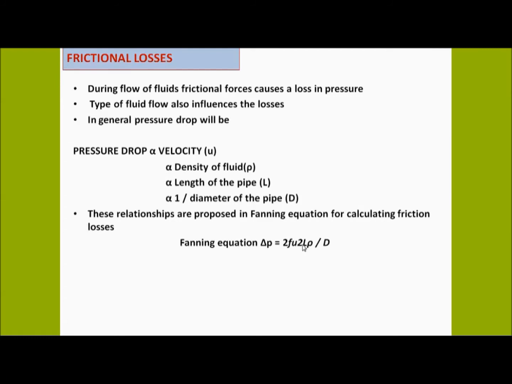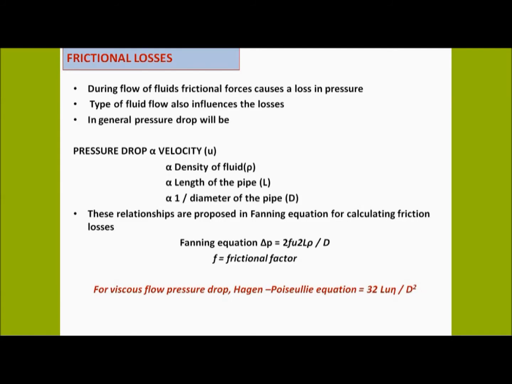Where U is the velocity, L is the length of the pipe, rho is the density of the fluid, divided by D, the diameter of the pipe. So this is the Fanning equation. F is known as the frictional factor. Thus for viscous flow pressure drop,